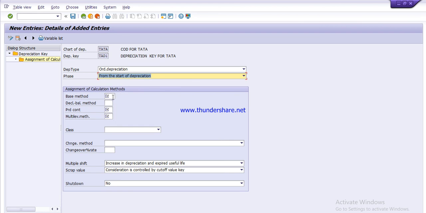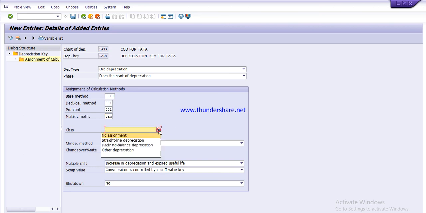Then here you have to assign the methods which we discussed earlier. First, base method, 0011, the predefined base method. Then decline balance method, 001. Then period control, that is 001. Multi-level method, that is TAM.